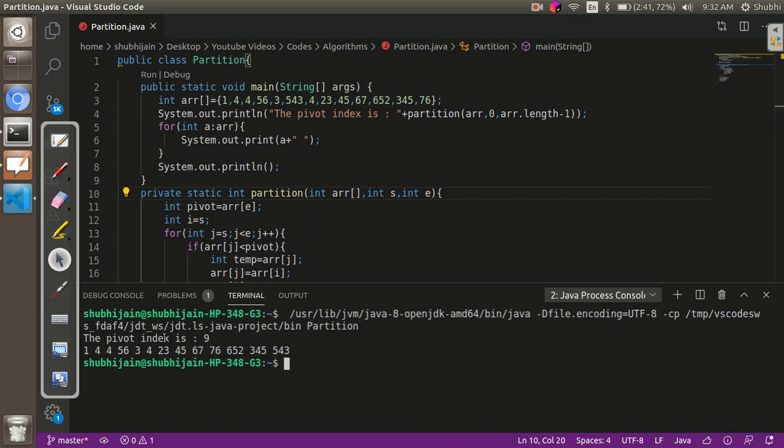See, so the pivot index is 9. That means 76 is the number which is in the correct position. Now all the numbers after 76 are greater than 76 and all the numbers before 76 are less than 76.